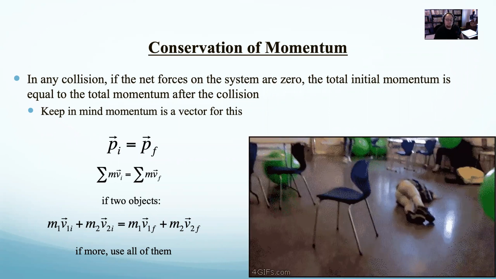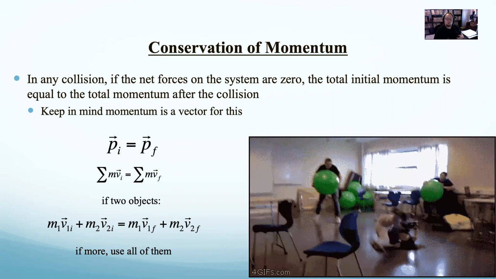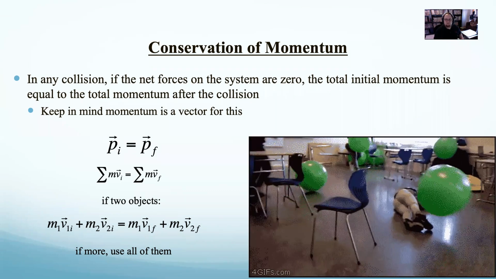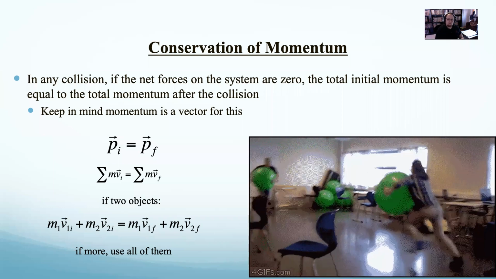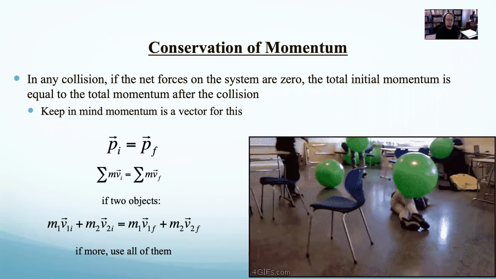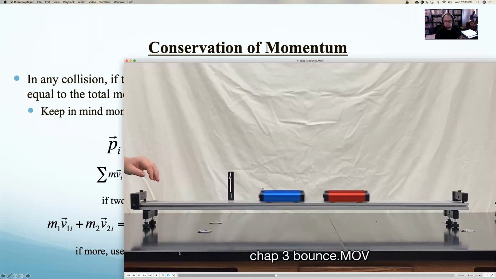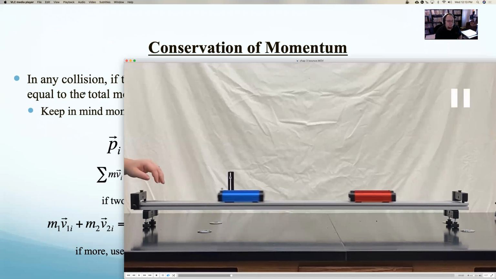Now, you've got to be really careful with negative signs here. I would say that she's moving to the left. Therefore, her initial momentum is negative because it's to the left. Once again, just like earlier, we're going to do everything to the left as negative, everything to the right as positive. And when I take these cars and bounce them, let's actually have a different one, I'll just say the initial momentum equals the final momentum. And I can say for the blue car, the mass times the initial velocity of the blue car plus the mass times the initial velocity of the red car, once again, the red car would have a negative velocity, will equal,